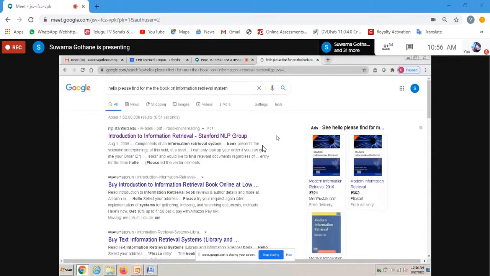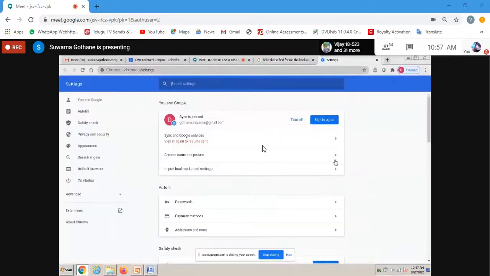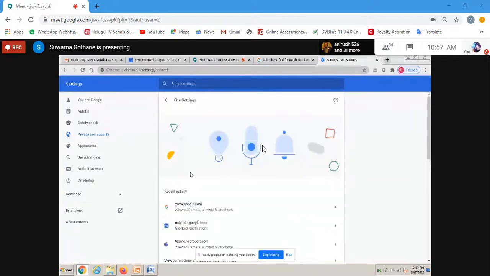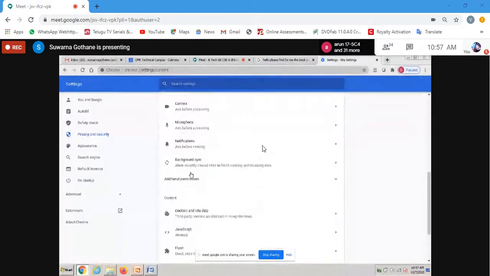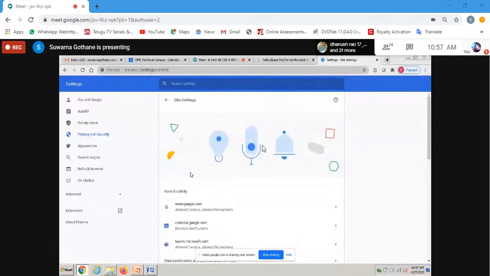I think on a mobile phone it is already enabled, but for your computer or desktop, if you would like to do it, you can go inside the settings option, then privacy and security is going to be there. There you can check your site settings and enable this. I have already enabled the microphone. Otherwise, on this particular page you will get the option for enabling your microphone. So audio is going to be considered as an input.